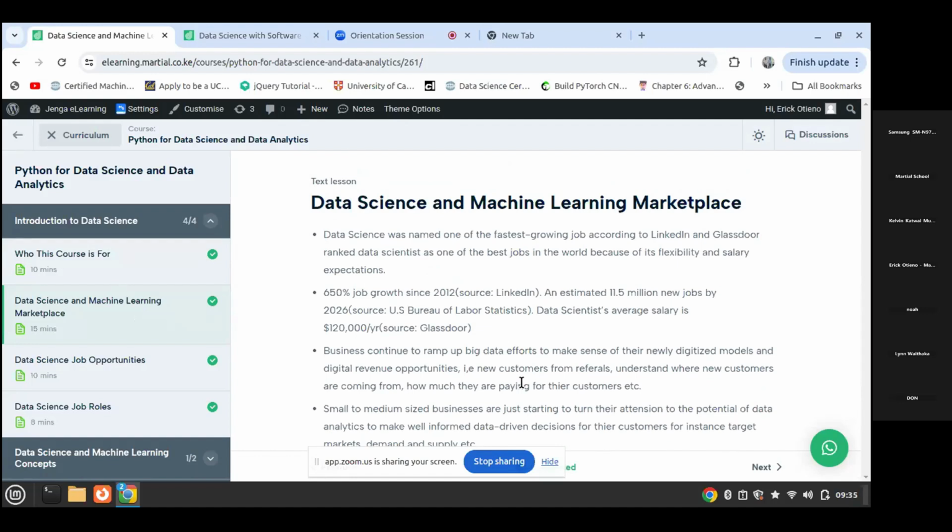One thing you're going to notice is that data science was named by LinkedIn as the fastest growing job. And also, if you've heard about Glassdoor, it ranked data scientists as one of the best jobs in the world because of its flexibility and salary expectation.